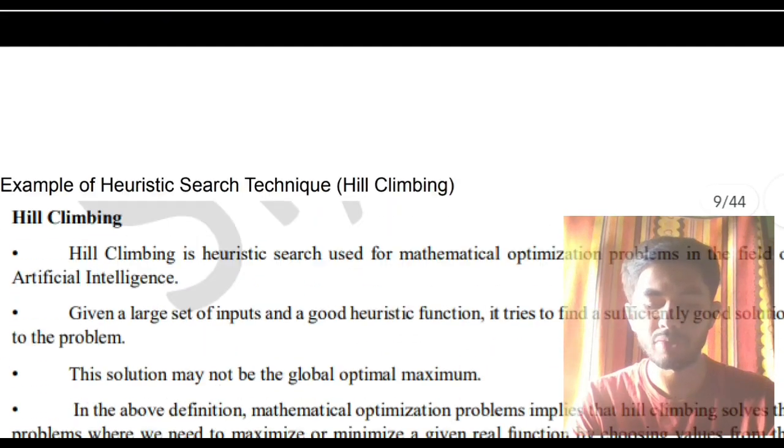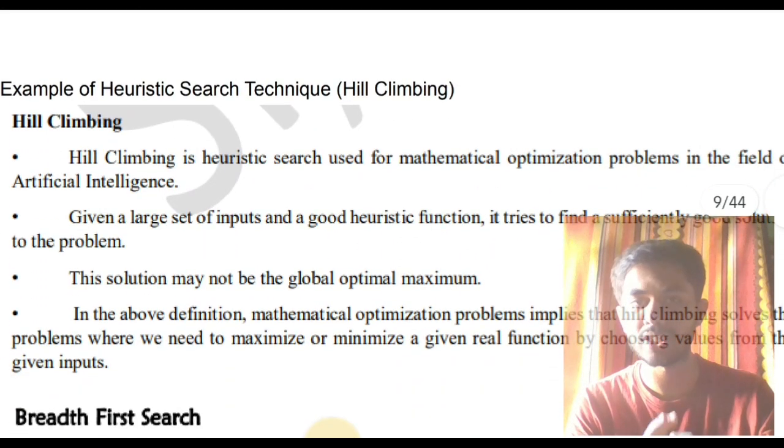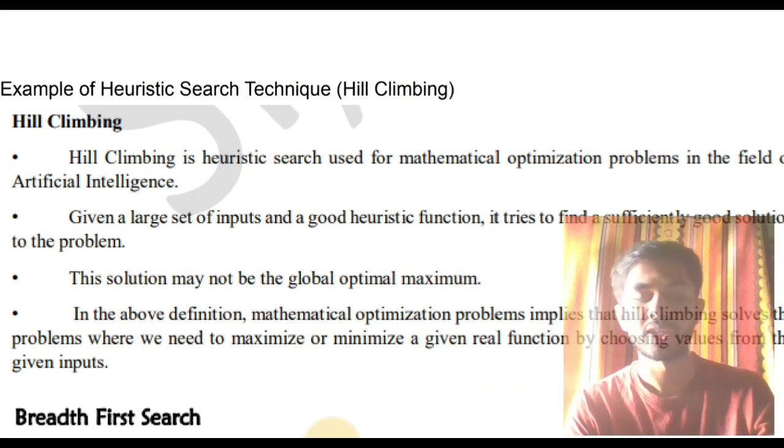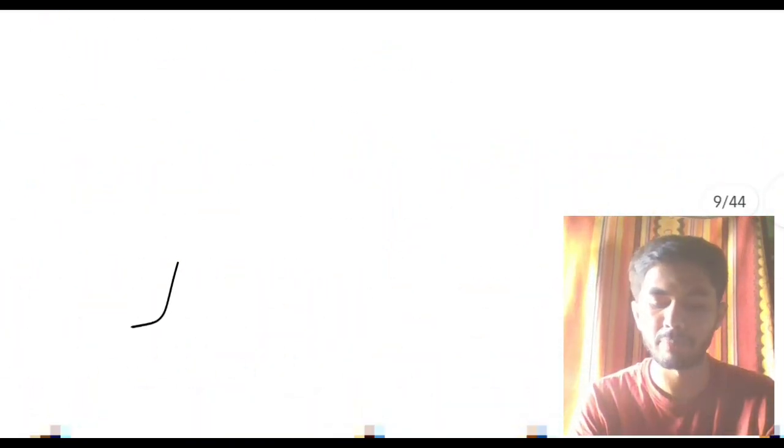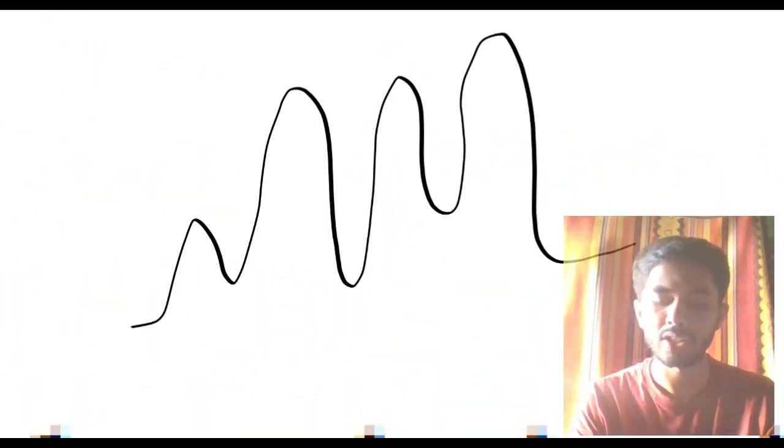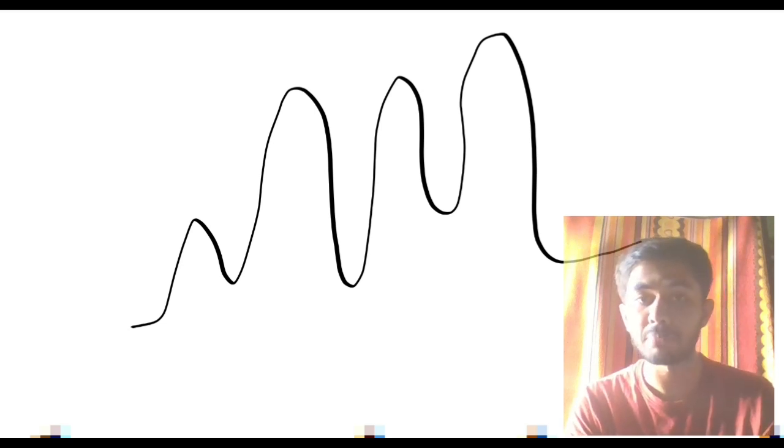The best example which I have found is hill climbing. Very simple, a very sweet approach, easily you can remember. Hill climbing means what? Suppose that I draw a hill here. Very badly I draw. Okay, see, this is a hill I have drawn here. Now in this hill, you tell me which is the peak. This is the peak, isn't it?